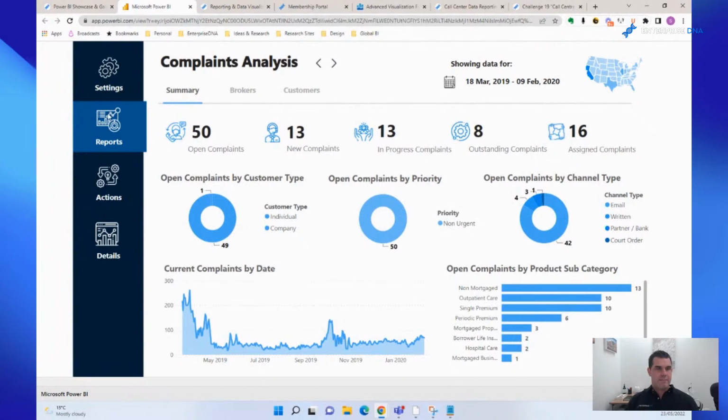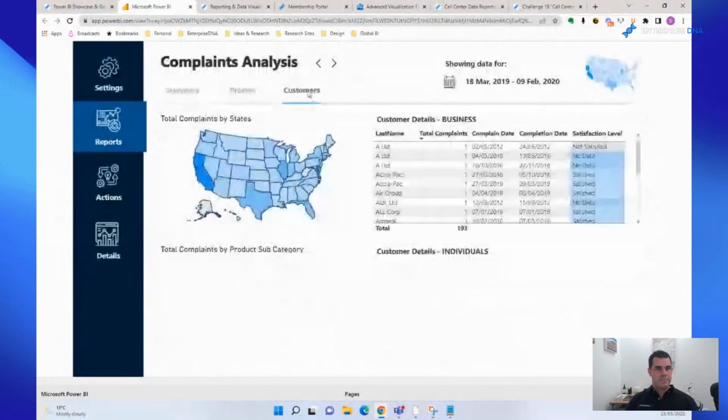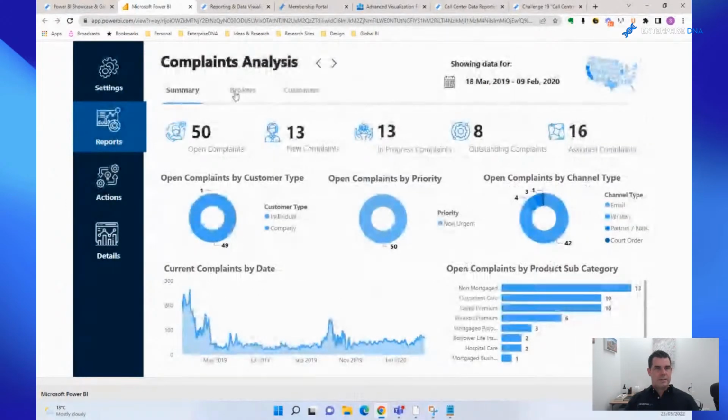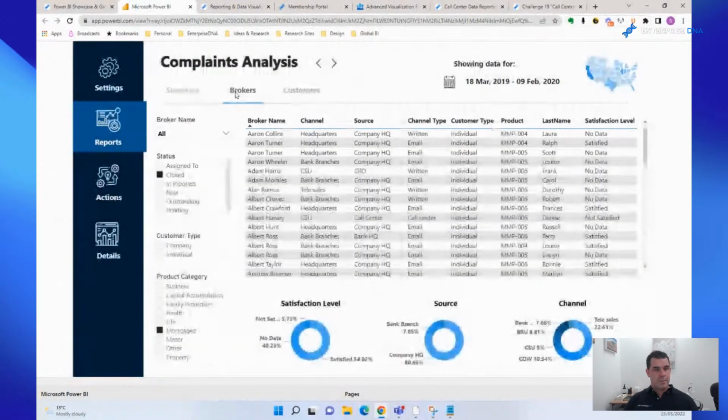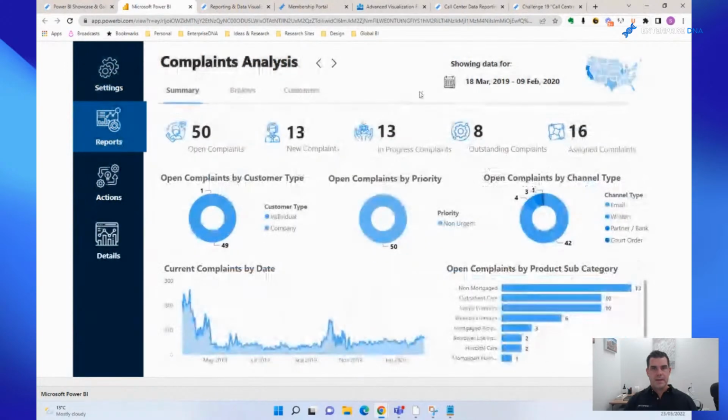So you see here that I have a left-hand side. I've got some images that sort of tell me where I'm located in my report when I click through. But also check out this within this section. These are like sections, but within these sections, I'm clicking through a different navigation, like a menu bar up the top, kind of like a website, right? Now, these are different pages in Power BI Desktop, but it feels like one experience, doesn't it? It feels like one web-based experience in the Power BI report. Okay, and that's what you want to aim for. This is how to really elevate what you're doing inside of Power BI, is to build this in.